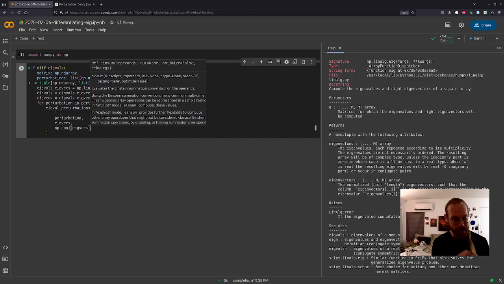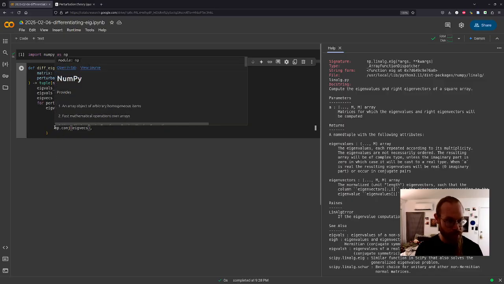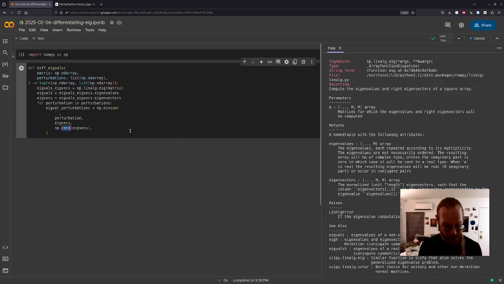Oh no, I think I got myself in trouble here before, because we might pass in a matrix whose eigenvectors are not orthogonal to one another. Because I do quantum mechanics all the time, I get lazy and think about eigenvectors as being orthogonal, but they're not always orthogonal. So I think what I actually want is the inverse matrix of the eigenvectors.